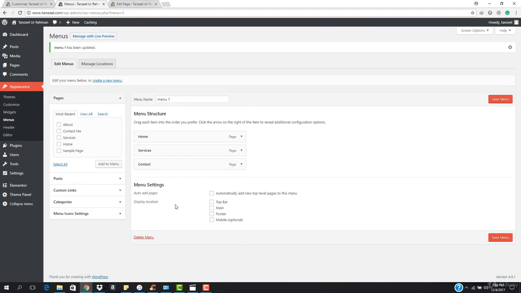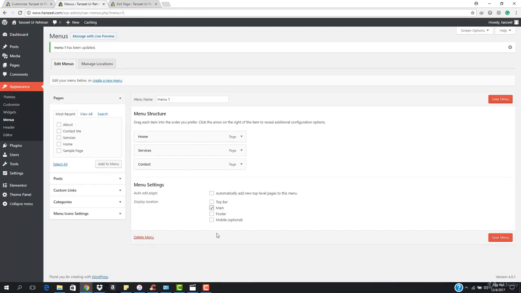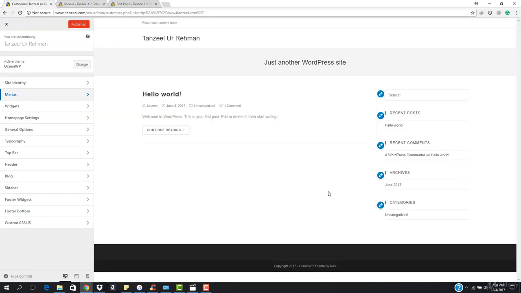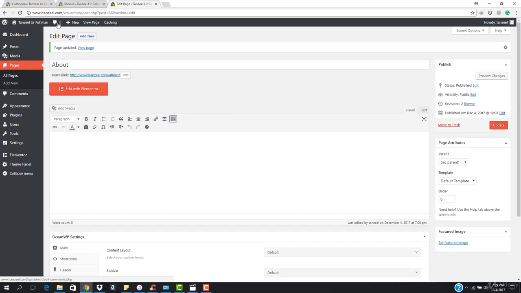Okay, and I basically need to display this onto the main area. So it should be the main. This is called the main area. This is the top area. This is the footer, and this is the mobile. So if you want to show a different menu for mobile, I'll show you later when we do the mobile optimization. So I'm going to hit save, and now let's